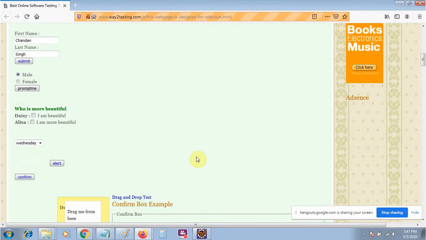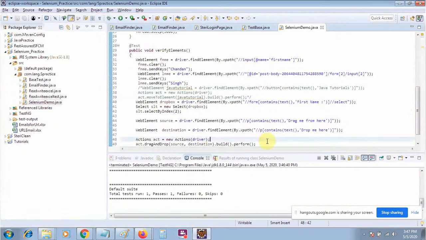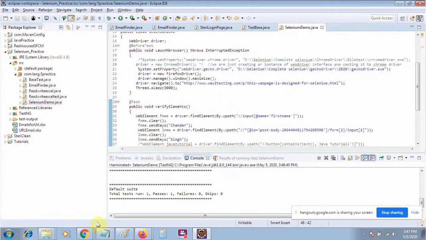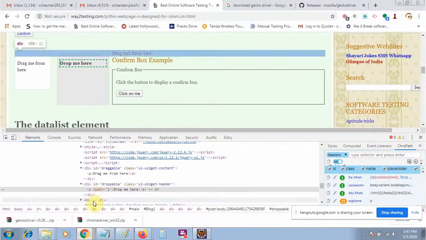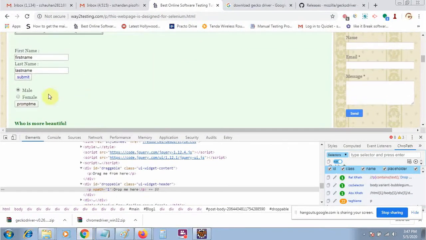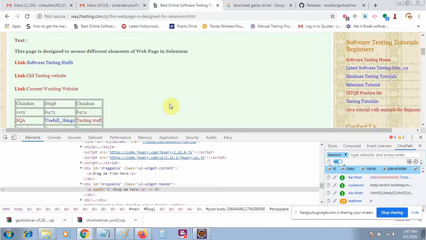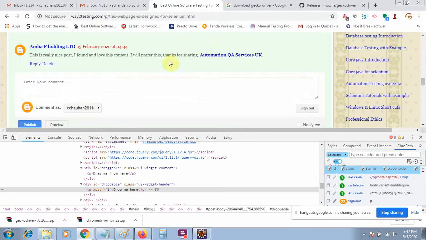You can see that all the operations have been performed like this one, and drag and drop has been performed. So it's all about today's class, that you need to practice a lot of things. All the things are available on my website, that you can perform this one. You can also select this one. Also you can select the radio button. Okay, so all these things you need to perform, and you can practice much more on this page. And tomorrow we will work further on the framework or something else.